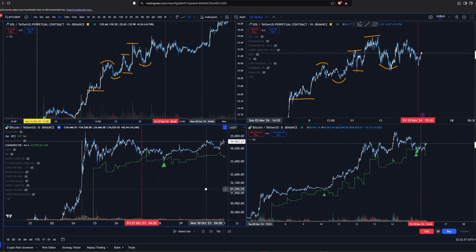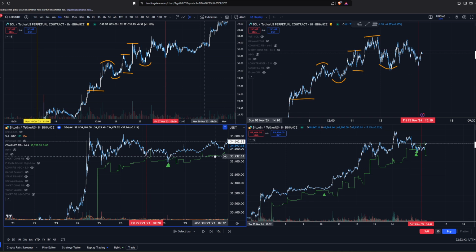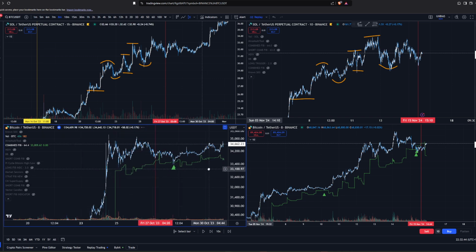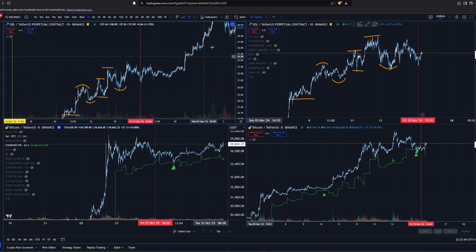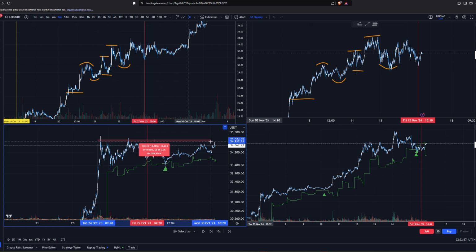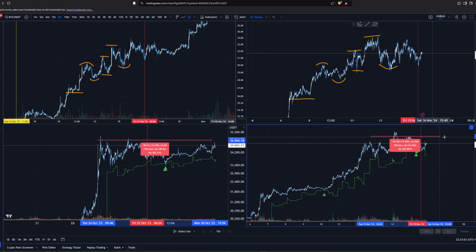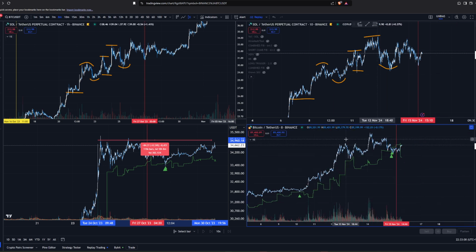So pretty much once Bitcoin starts its next leg to the upside, that's when we're expecting the price action for Solana to go quite parabolic, right? And from where this is on the days or time-wise, it's 6 days from where this first high comes in. So we can expect potentially